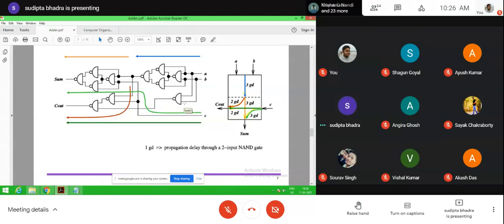Now in case of C out, please follow the highlighted part. This NAND gate has an input from this point. To reach this point, how many NAND gates do you have to traverse? You have to traverse 1, 2, and 3.